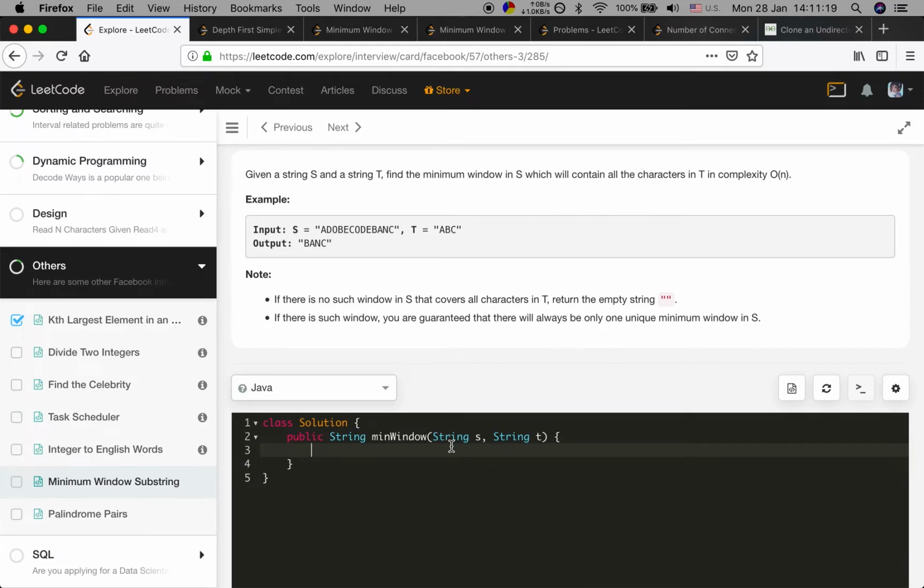Okay, let's do it. First, we will do some edge case check. If S equals null, or S dot length equals 0, which means we will never find any window, so we just return an empty string. And then